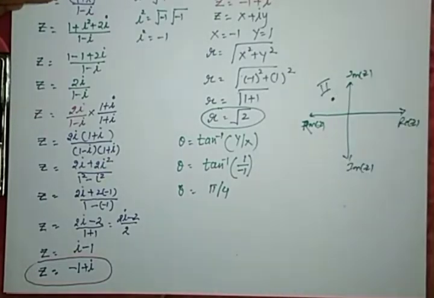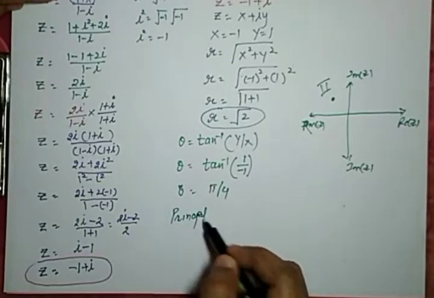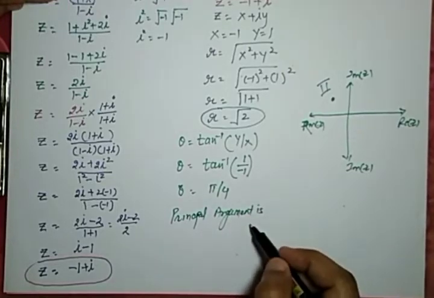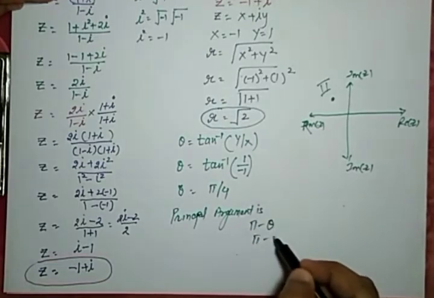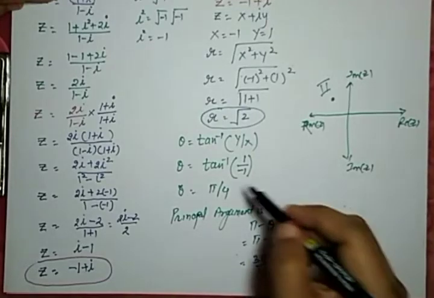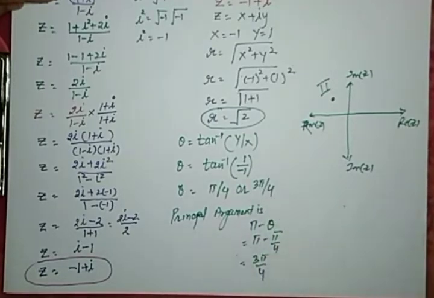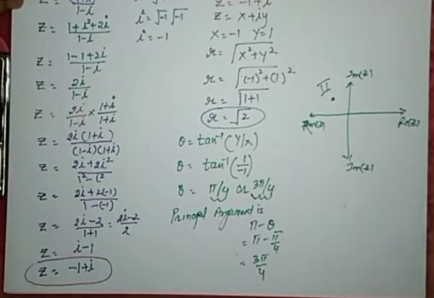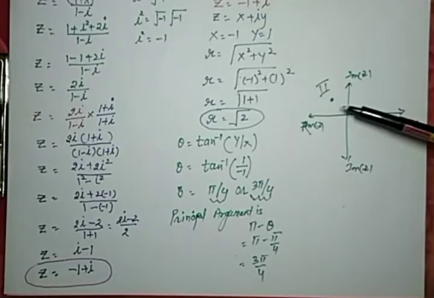So whenever the number is given in the second quadrant, then the principal argument is pi minus theta. So you get pi minus pi by 4, and it will be 3 pi by 4. Okay, or here, because the minus is coming, you can also say that the angle can be written as 3 pi by 4 also. But which will be our principal argument? Which of these do we have to write in the polar form? That can be checked only when you check where our number lies,